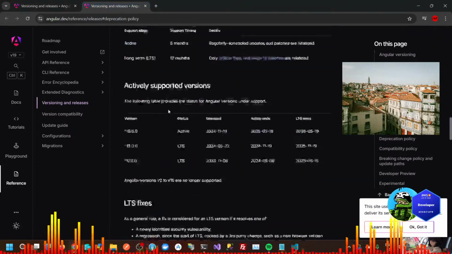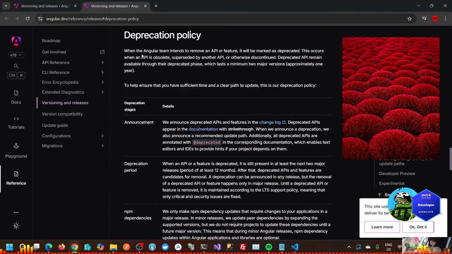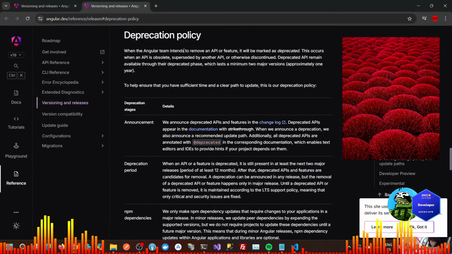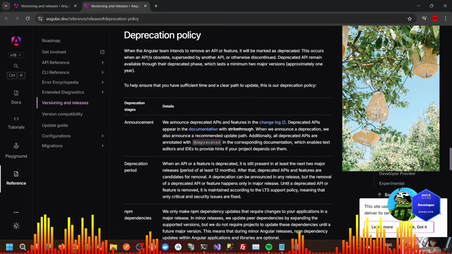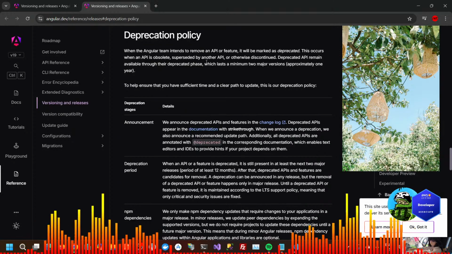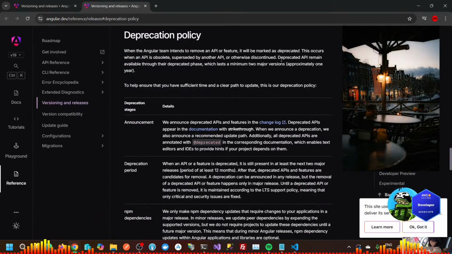Okay, so version, what's it? Deprecation policy. When the Angular team intends to remove an API or feature, it will be marked as deprecated. This occurs when an API is obsolete, substituted by another API, or otherwise discontinued.